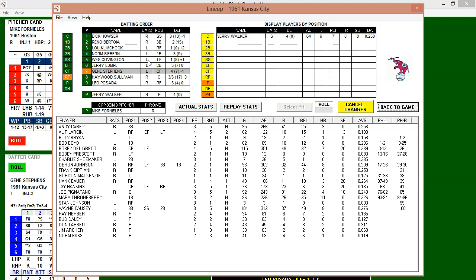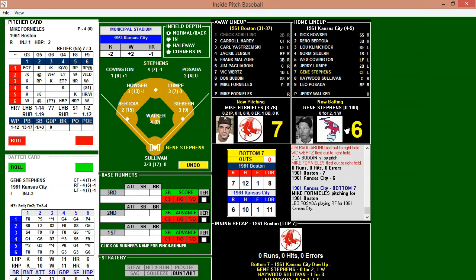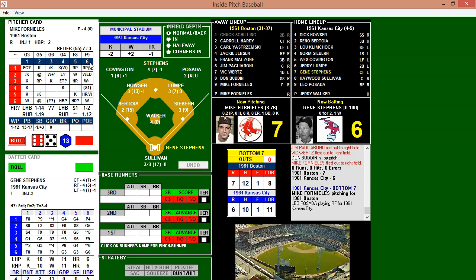So we'll say Walker. Actually, we can't keep Walker in then. That's gonna be all messed up. All right, we'll replace Walker when we get to him. We'll replace Posada when we get to him because he should have been taken out. Oh well, that could all mix up. See what happens when it crashes? Messes up everything. 6-5.